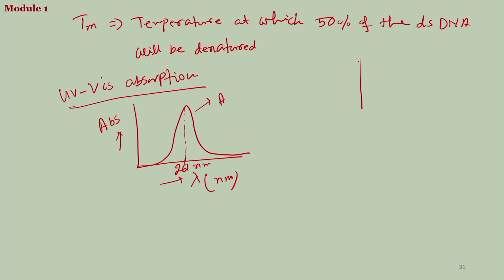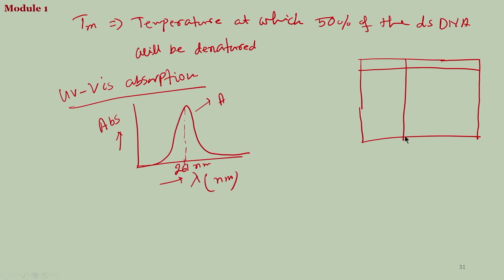So, I will give you a chart where the individual nucleobases absorb. So, this is the nucleobase and this is your lambda max, where you have the maximum absorption in terms of nanometer. If you have adenine,